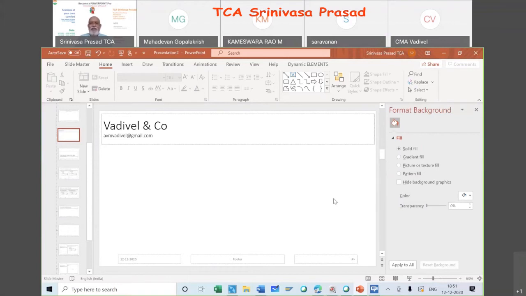Vadivel and Associates, Mailavarapu Kameshwar Rao and company. He likes only a blue color, so light blue. Watermark, we can run 45 degrees, 90 degrees, whatever way you want. Watermark should be in a round symbol. We will do all those things. It is doable, but it will take time. So please park all your questions so that we don't forget. I don't want to jump to watermark right now because template is not in today's agenda. Okay, no problem. We will slowly, one by one, see the facilities. Then you yourself will be able to do it faster.